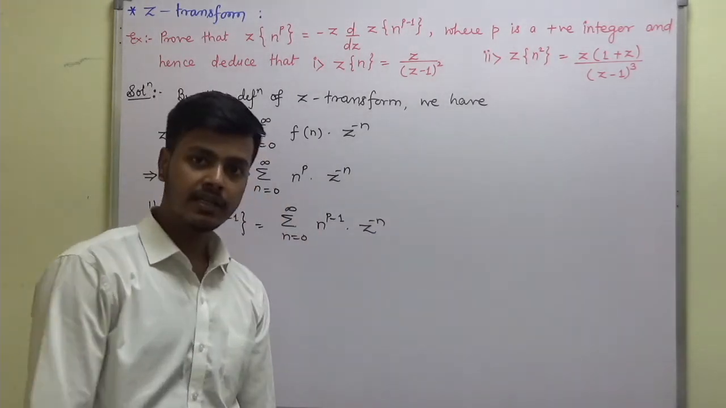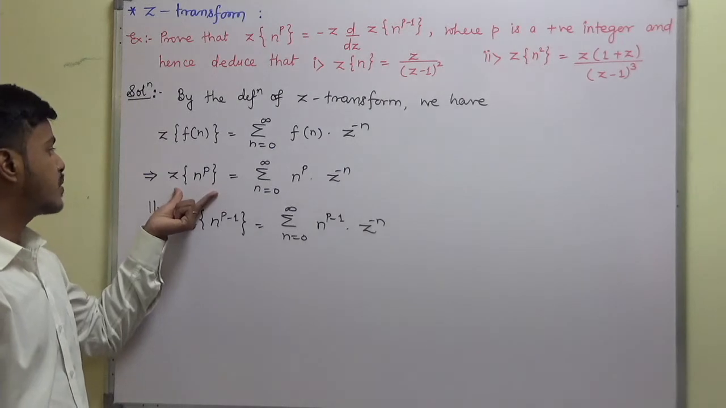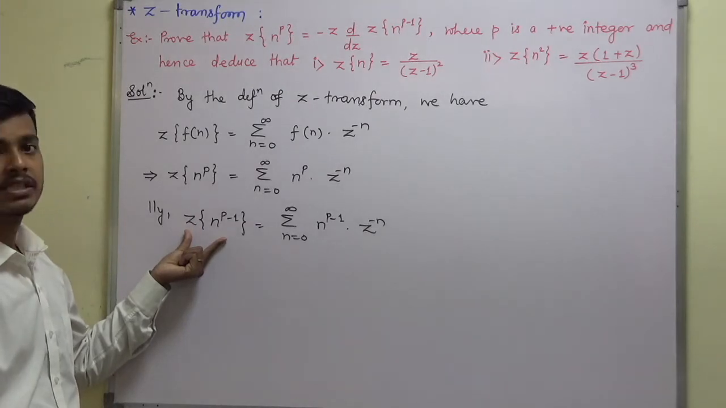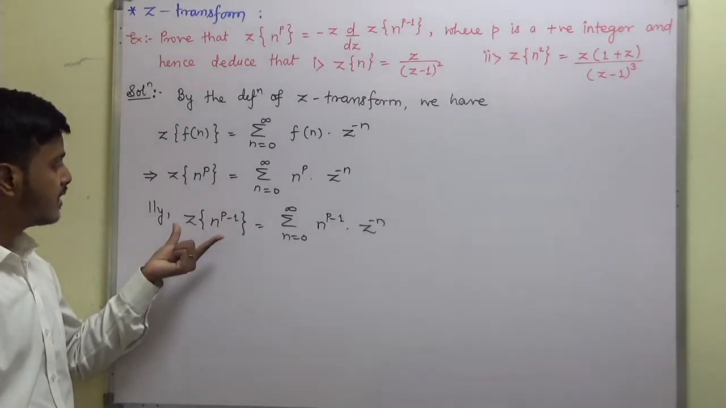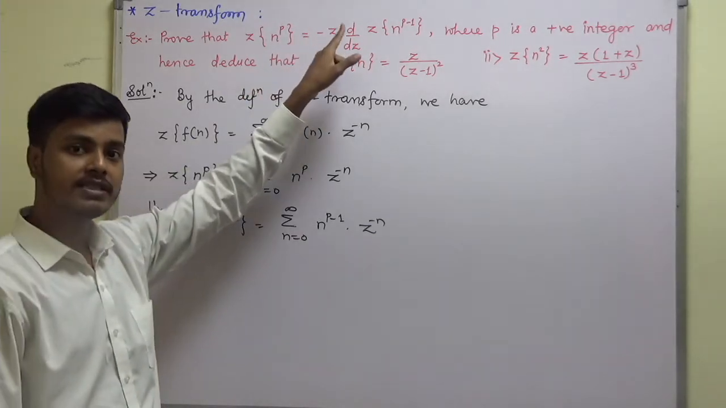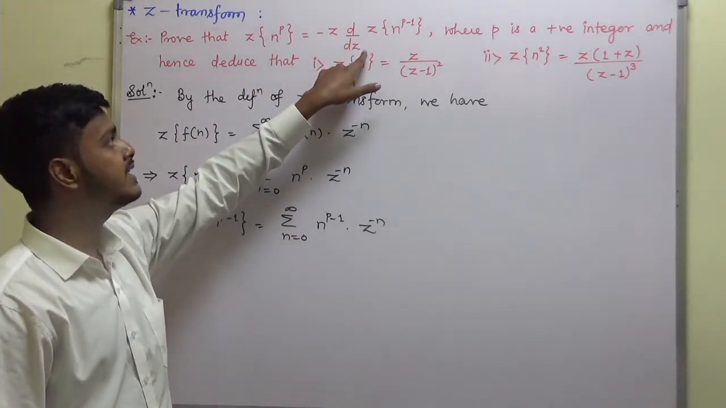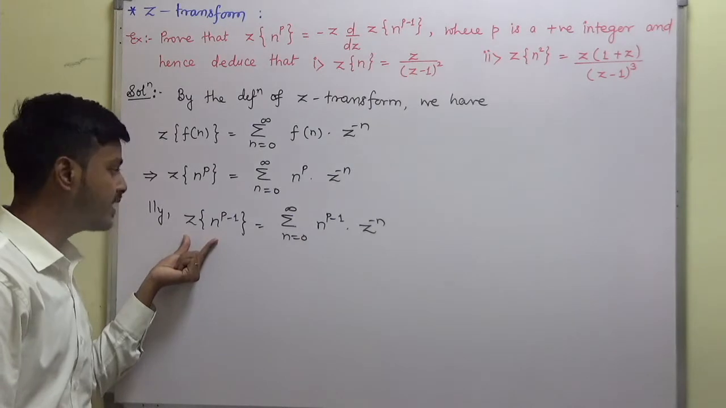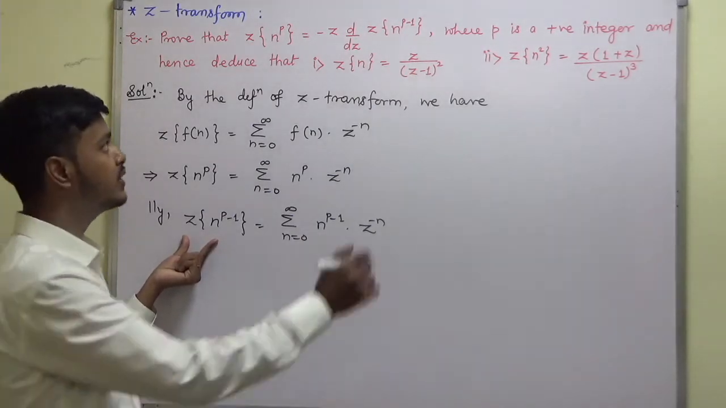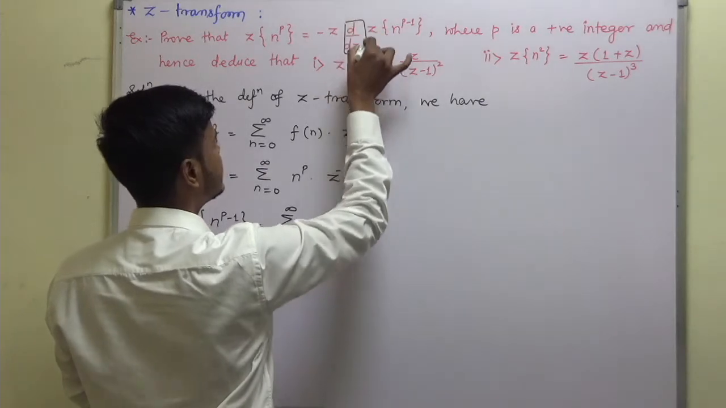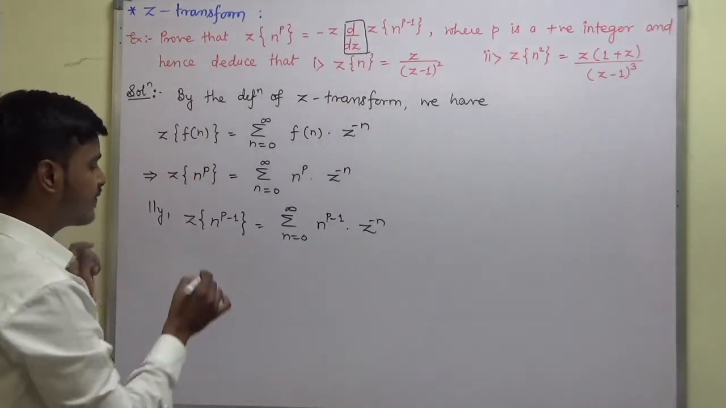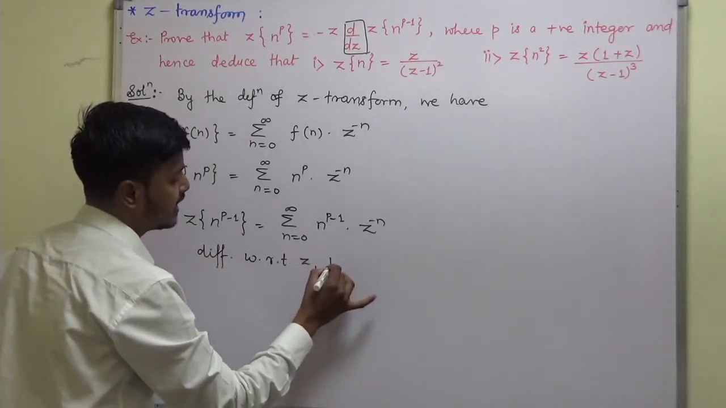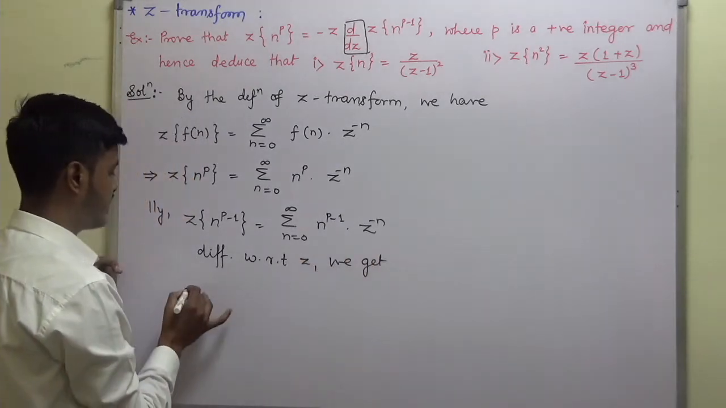Now you just see we have this Z transform of n power p and Z transform of n power p minus 1. Now we can think of the result. If you can see the result, we have d/dz of Z transform of n power p minus 1. So what I am going to do here is apply d/dz to this. So differentiating with respect to z, we get